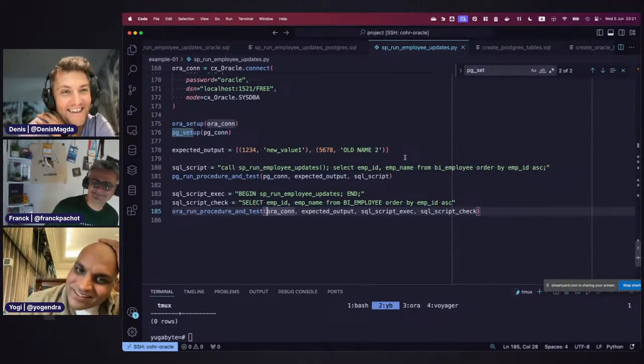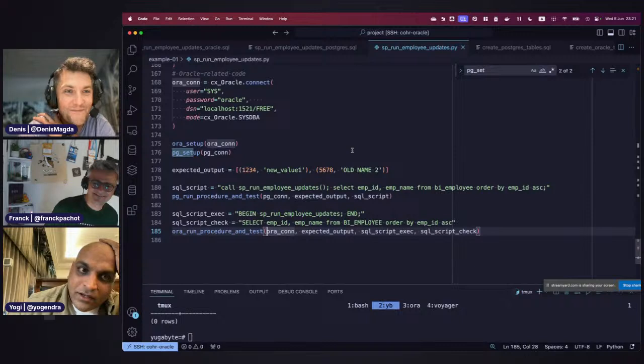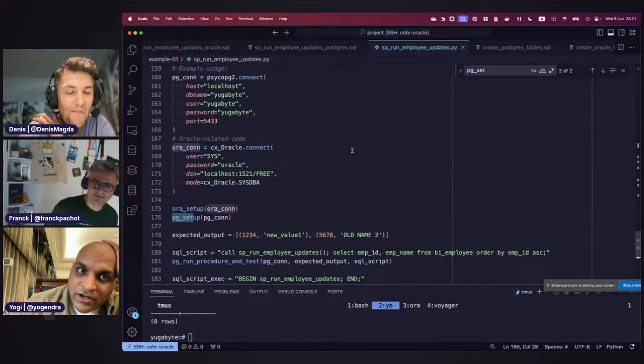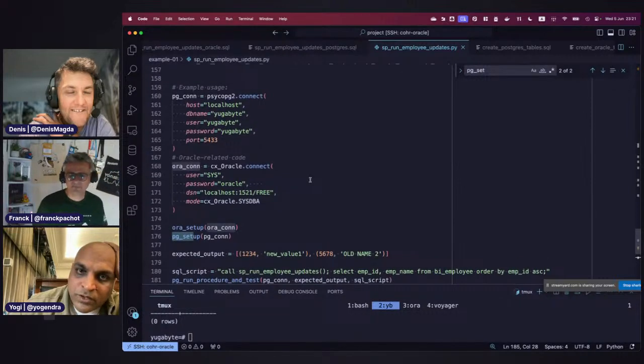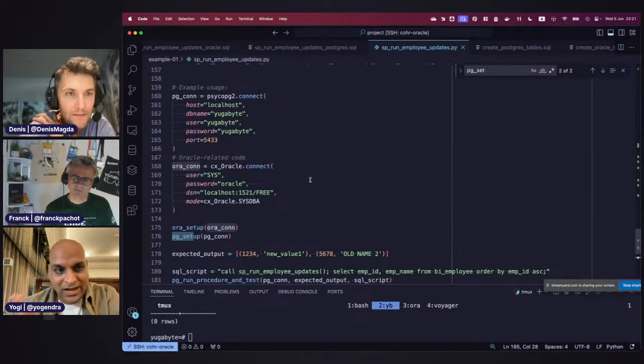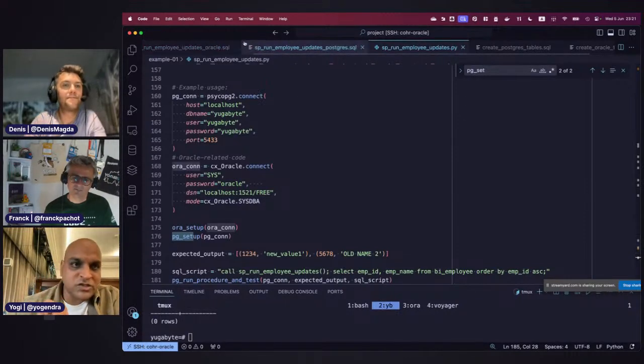But the thing is that a lot of the test harness was generated here fairly automatically, and the actual translation of the stored proc was fairly automated, and we were able to get a functionally sound working copy of the procedure.